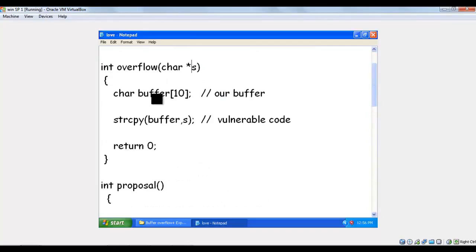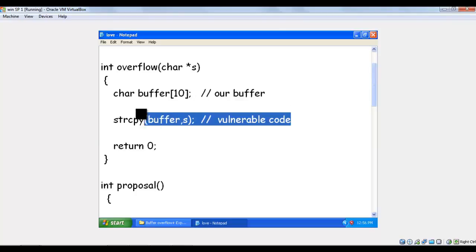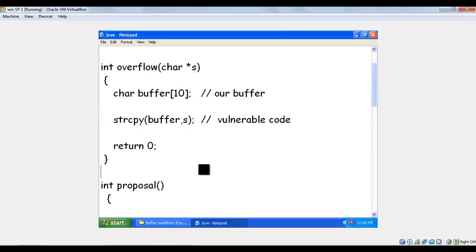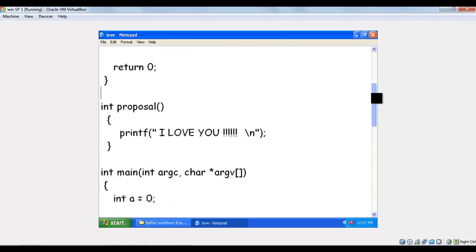It is taking the argument and putting it into the buffer, which accepts 10 characters. After that it is copying into a variable buffer, and after that it is returning 0. And this is the vulnerable code, which has no bound checking. And then it will go back to the main function